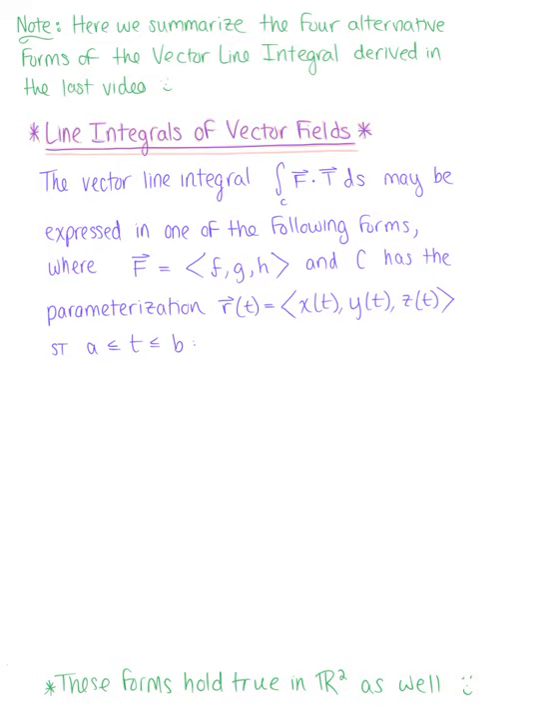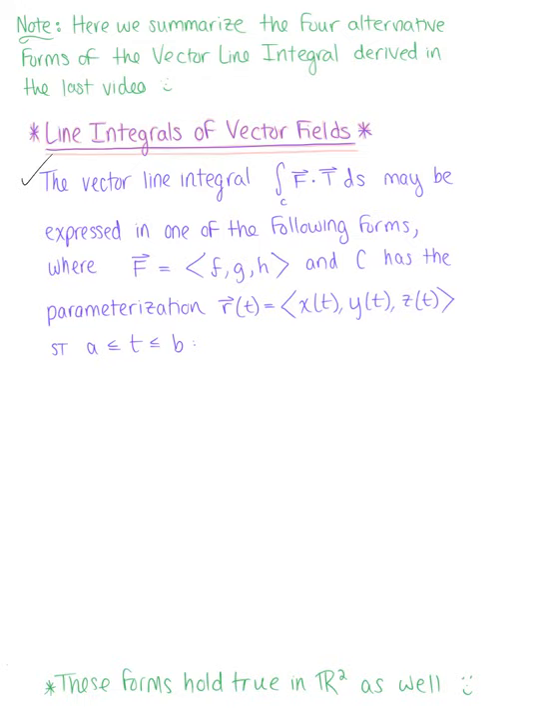So in the last video, we looked at 4 alternative ways to write the vector line integral. And so here we're going to begin by summarizing those forms. So we have that the vector line integral, defined by the integral over the curve C of the dot product of the vector field with the unit tangent vector with respect to the arc length, may be expressed in one